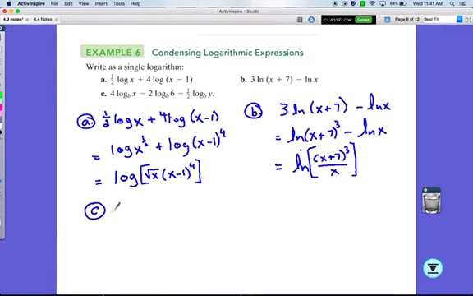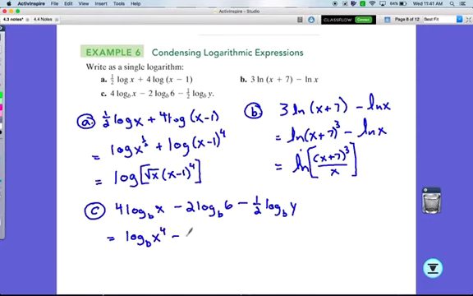All right, and then finally for C, I've got a lot of stuff going on. 4 log base b of x minus 2 log base b of 6 minus 1/2 log base b of y. Let me move all my powers first. So this will become log base b of x to the 4th minus log base b of 6 squared. Again, the power comes up,